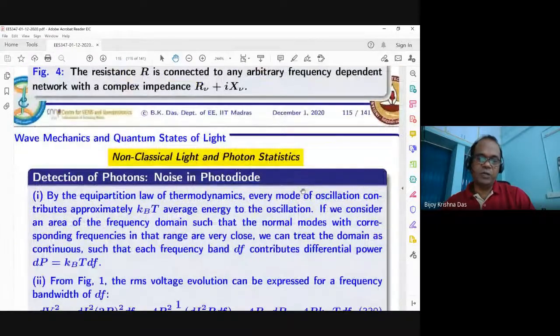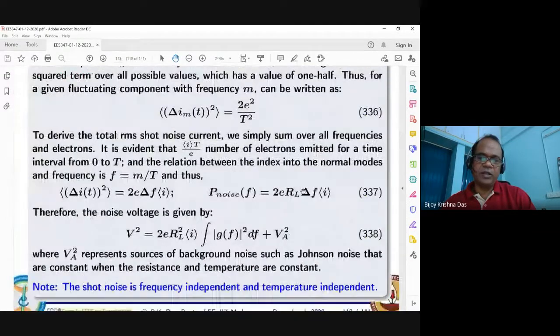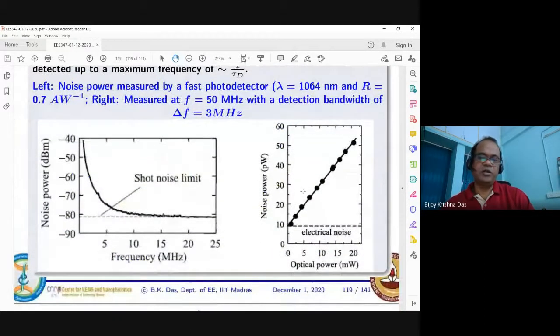If you have some fast photodetector, there is another experimental result given in the Fox textbook, which I have just copied from here. You see here it is shown as a function of frequency, same thing, you are measuring. By the way, how do you measure? Again, you consider a certain amount of light incident, and then you see the time variation, delta I, and then delta I square, and then power, and Fourier transform. That is how you are supposed to get it, right?